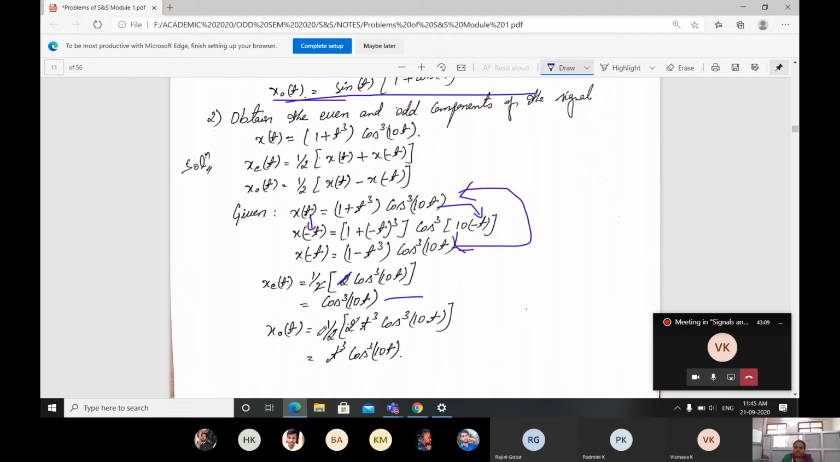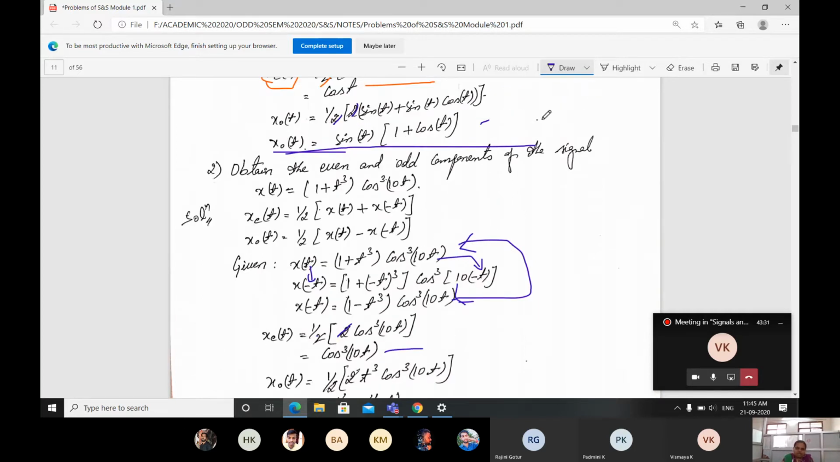Then if I go for the odd part, it's 1 by 2. If I subtract x of t with x of minus t, I'll get 2 t raised to 3 cos cube of 10t. The 2s cancel, I'll get t cube cos cube 10t. These two questions were asked in the examination, and also yesterday, on Saturday also,